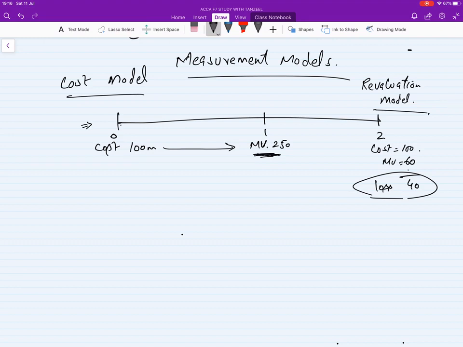So if the group of assets is cars, you can use the cost model not for only one car but for all the other cars. If you are using the revaluation model for one car, use the revaluation model for the rest of your cars. Or if you are using the cost model for one property, then use the cost model for all other properties, even if the property was in London or Bolton or Birmingham, wherever. If you are using the revaluation model, then use one model for all properties, all the cars, the whole group of assets.